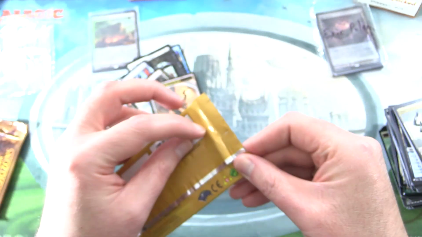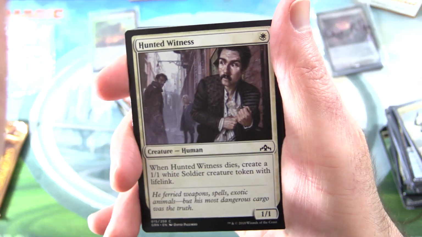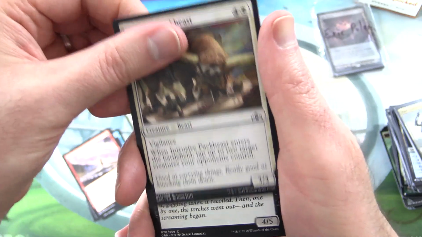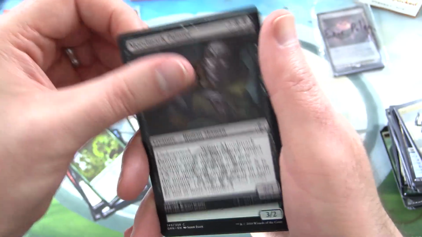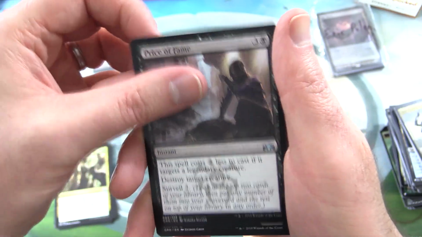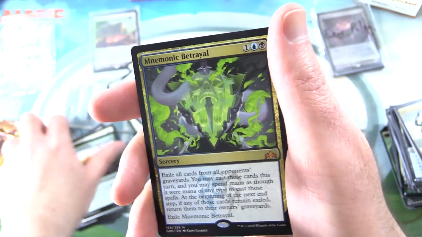2 guilds up next. And I think, is this the one with Smothering Tithe? Is that the one of the big hitters here? Alright, we have Hunted Witness, Unexplained Disappearance, Cosmotronic Wave, Intrusive Pack Beast, Douser of Lights, Cruel Foragers, Moodmark Painter, Wary Okapi, Dead Weight, Undercity Uprising, and uncommons Price of Fame, Flight of Equinauts, Flying Horses, Fantastic, Grappling Sundew, and a